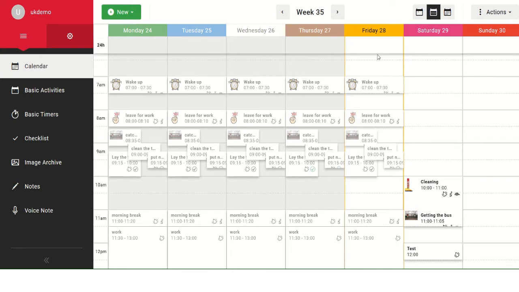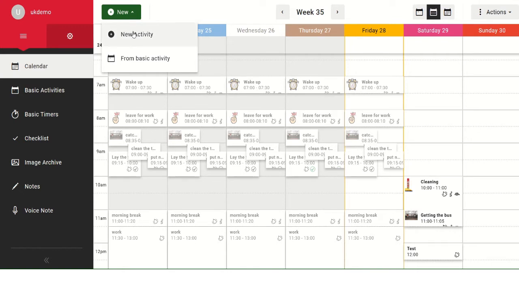So if you are logged on as their support person, you'll be able to see what they've checked off and what they haven't, and exactly what they're doing for the day. Here you can see that this activity hasn't been checked off because it's greyed out, and this one has been checked off, it's green. You can also see what's left to do for the day and have a clear overview of the user's day. You can also set up new activities for the user, and these can be a complete